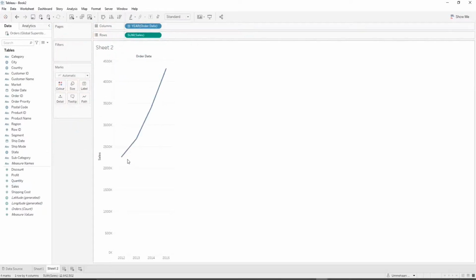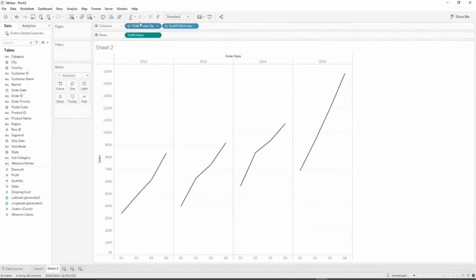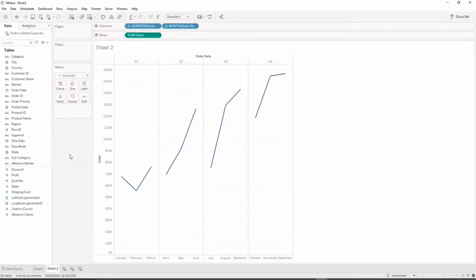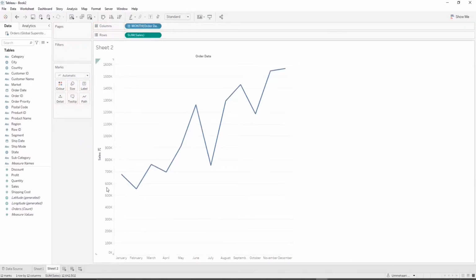Now you see that it is showing only years, the date is in the form of years, but I want it in the form of months. So I can click on this plus sign over here. You see the year is divided into quarters. Then if I click, the quarters are divided into months. But because I am not interested in the years and the quarters, only in the month, I can remove the quarter and year from the columns. How do you remove something that you have already put in the columns or rows shelf? You click on it, left click, and drag it into the empty space. So our line chart is ready.